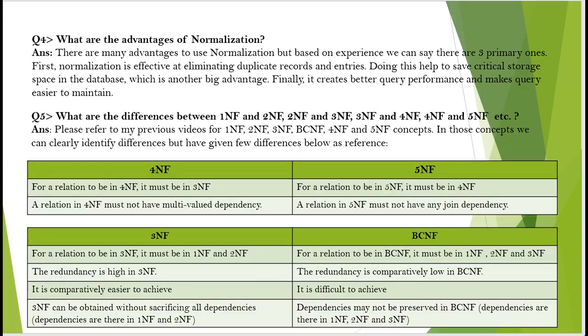3NF can be obtained without sacrificing any dependency. All the functional dependencies of 3NF we can find in 1NF and 2NF. Dependency may not be preserved in BCNF. There may